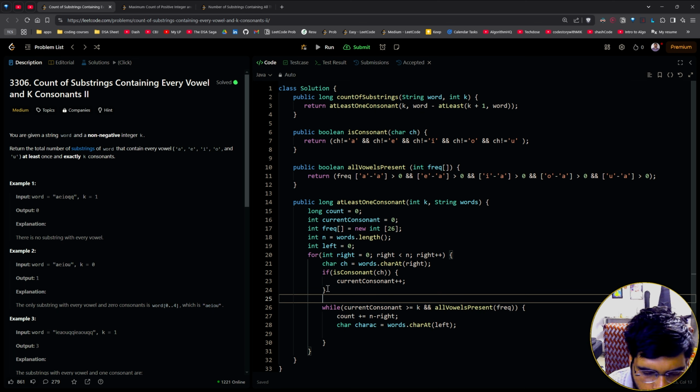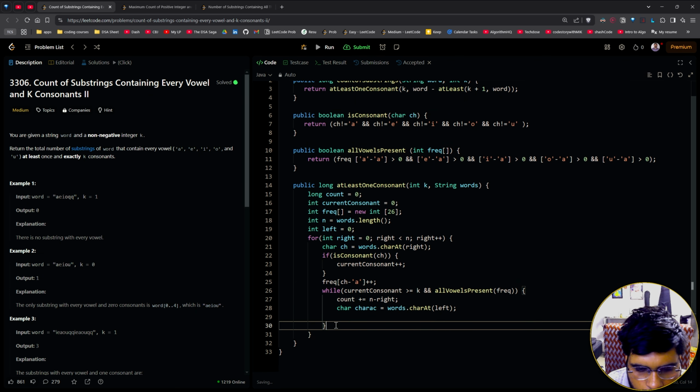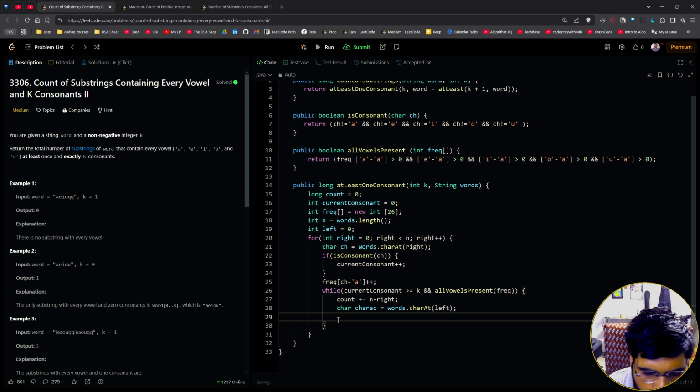Now we update our frequency, character minus the character. It will also be incremented. Now if this consonant